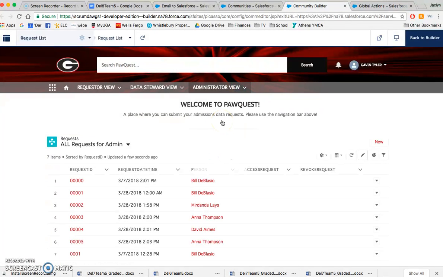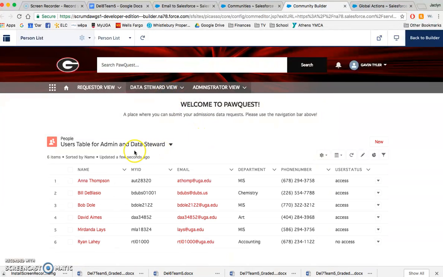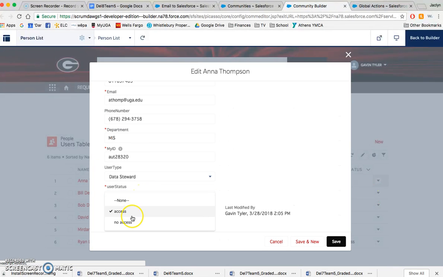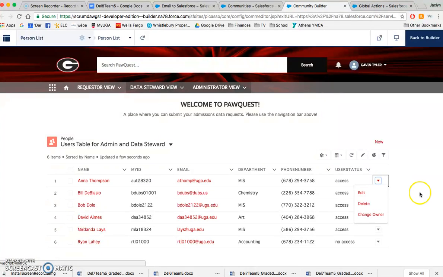And they can go to manage users, pretty much the same table as the data steward. Yeah, it is the same table. So right now there's no form because, again, we're having issues with the global actions, but you can still go and edit or delete from here. So you can change the access level to either having access or no access. And obviously we need to get rid of the delete function because we don't want to have anyone deleting anybody